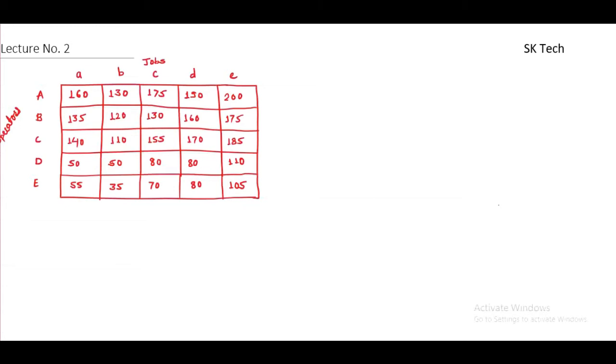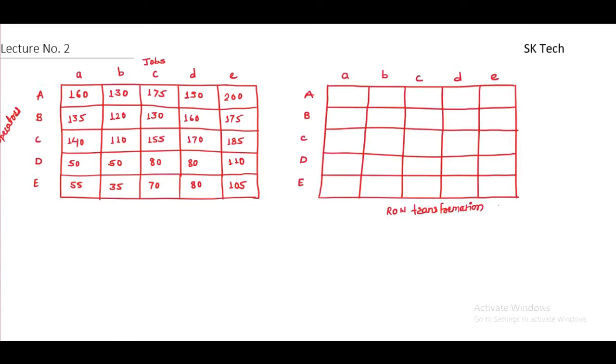So first we'll see the row operation. By using the row transformation, the process is we have to select the lowest element in each row and subtract that lowest element from each element of that particular row. So 130 is the lowest element, so we have to subtract that 130 from each element of the row. So you will get 30, 0, 45, 60 and 70. Similarly, in the second row, the lowest element is 120, so you will get